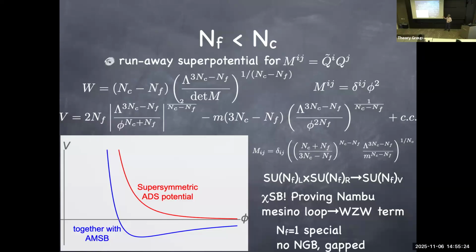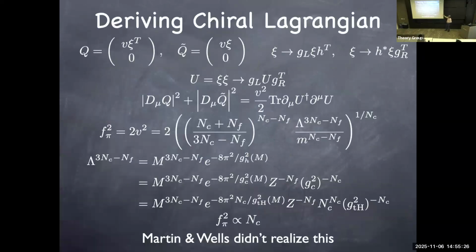Okay, so that's what you see already at this stage. And now that the symmetry is broken, I can parameterize the quark field using this matrix C. And you know how they transform. And this transformation property is exactly what Callan, Coleman, Wess, and Zumino told us how the chiral fields should transform. And out of them, I can define this chiral field U, which you use in the chiral Lagrangian.